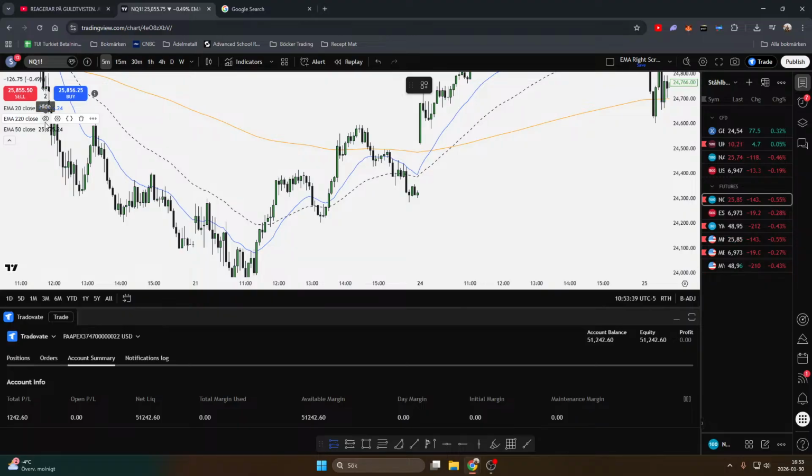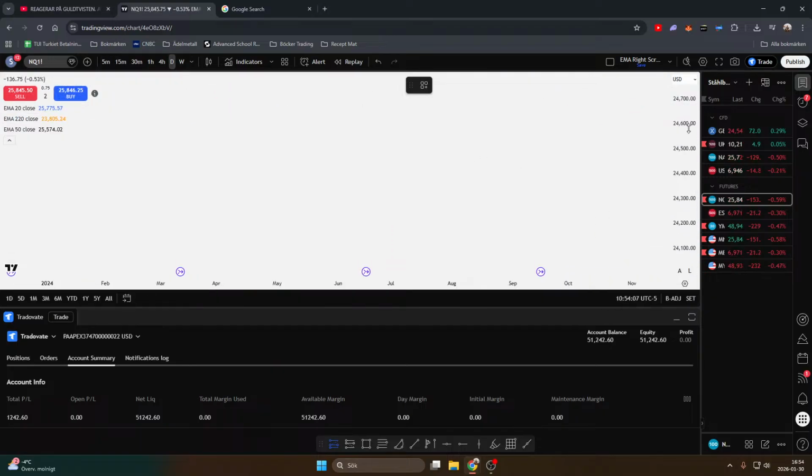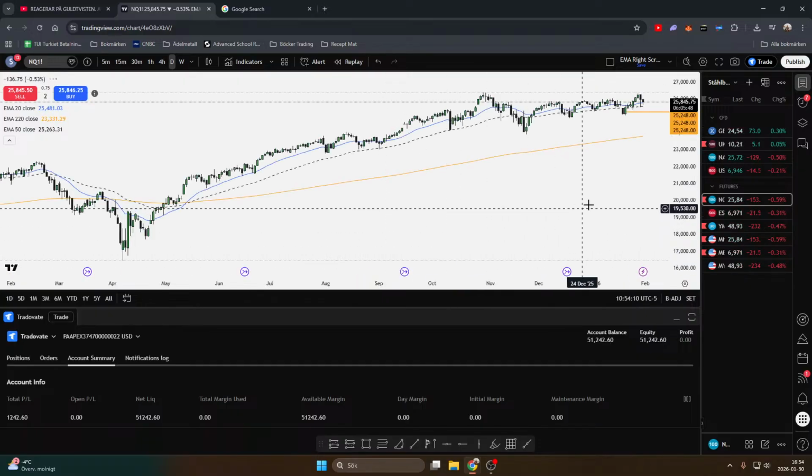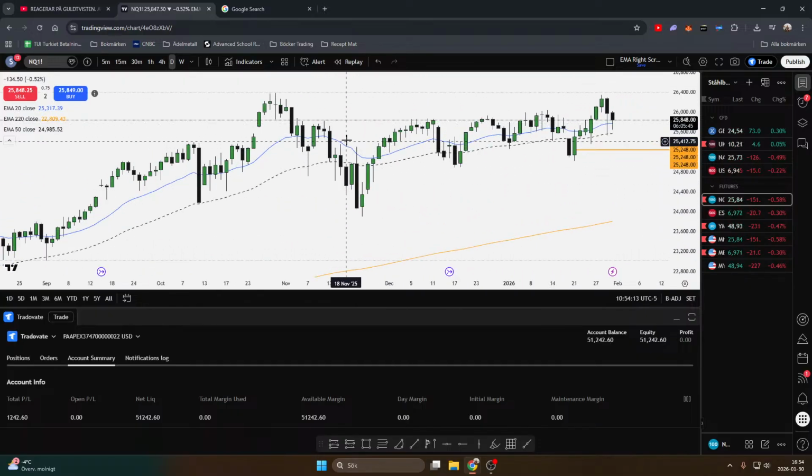The blue is 20, the black is 50. It doesn't mean as much, and the 220 is, they all are 20 EMAs for different time frames. So this blue is for 5 minutes, the black is for 15 minutes, and the orange is for 1 hour, EMA 20. Then I look at the daily sometimes too. The blue one is most important